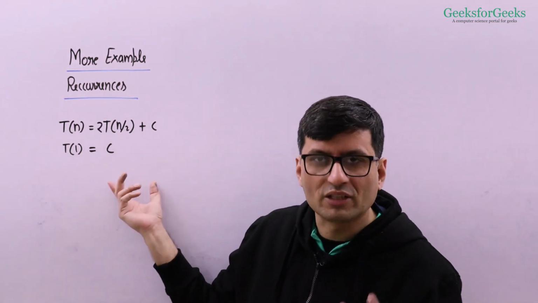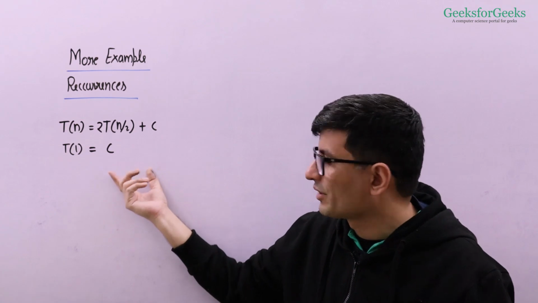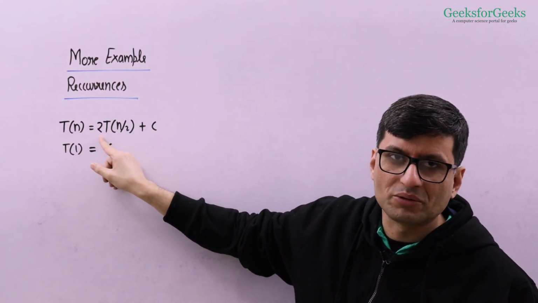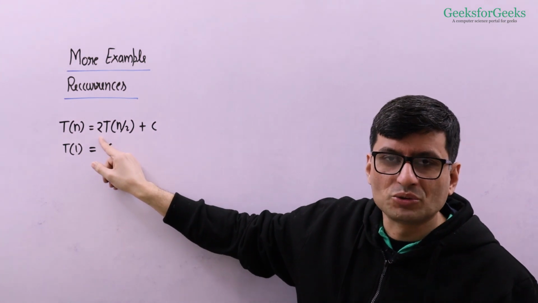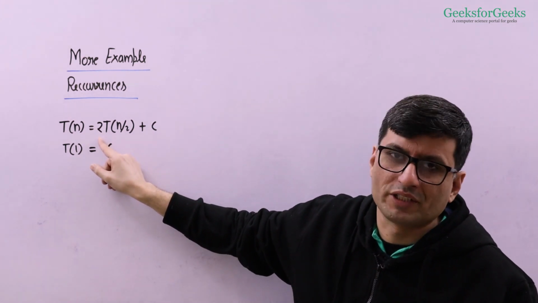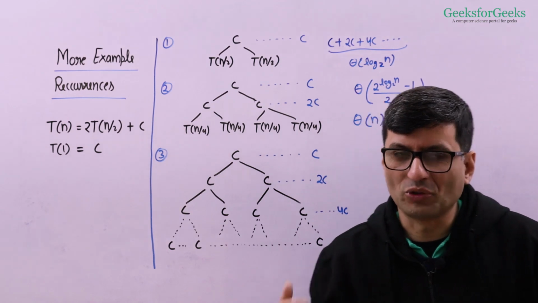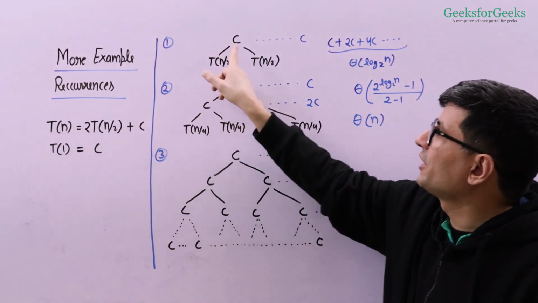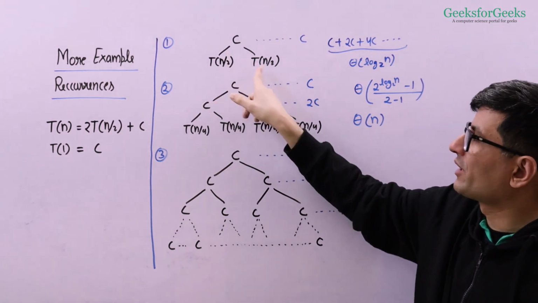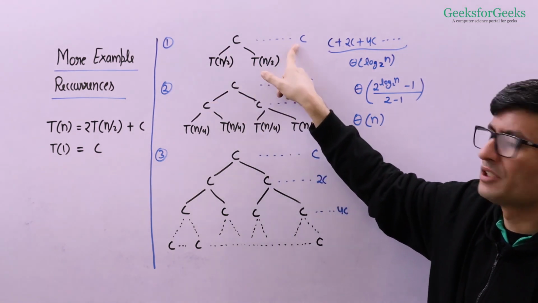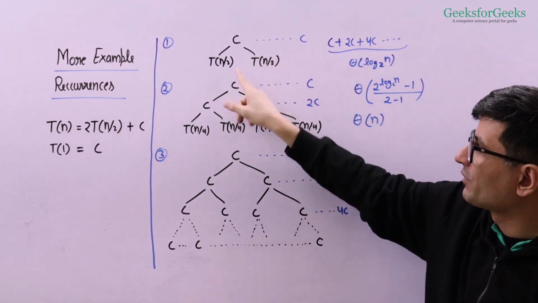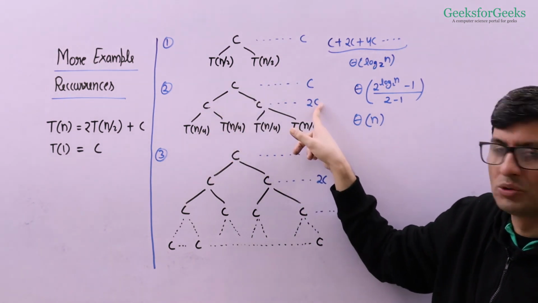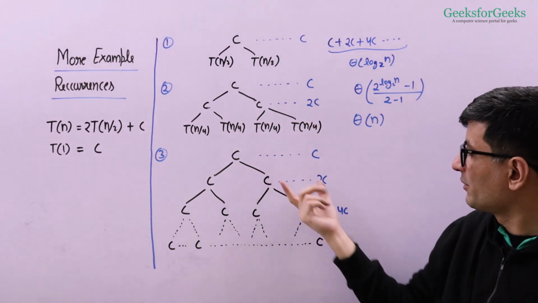Now here is a third example for you. Please take a closer look at this recurrence. I have 2T(n/2) now. Earlier I had T(n/2). Pause this video, use the recursion tree method and find the value of Tn. Here is the recursion tree solution for this recurrence. What I have done here is, I have first written the non-recursive part, then I have written the recursive parts. We are doing C work here, then I have further broken it down into non-recursive parts and then recursive parts. 2C work I am doing here, then I am doing 4C work.